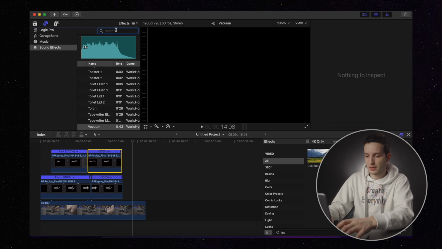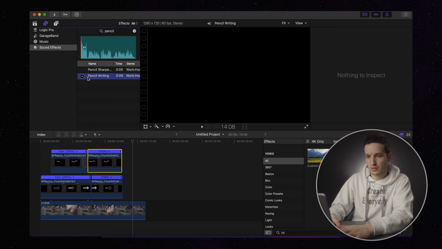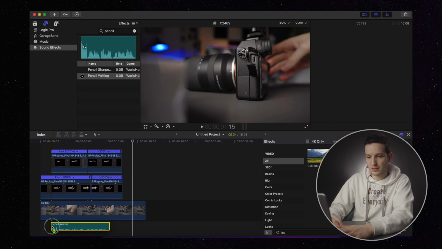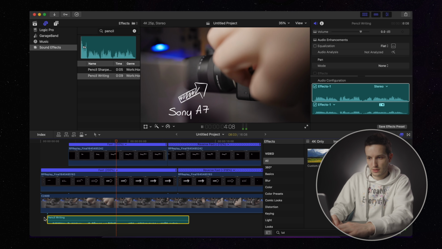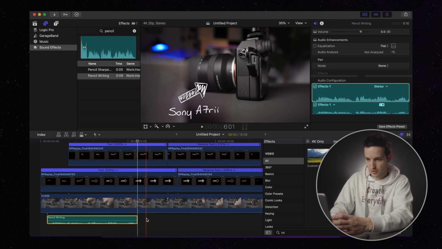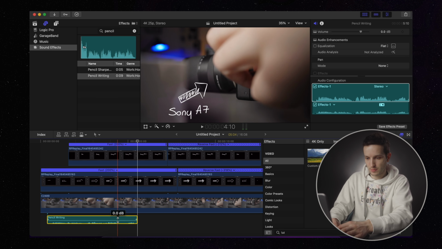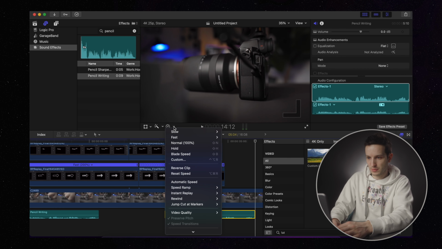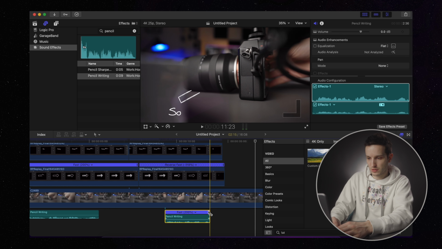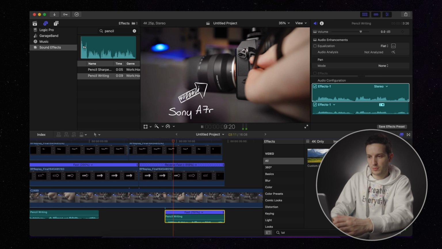And if you wanted to do something a little bit extra, maybe you wanted to add in some sound effects to make it look like this is actually being drawn. So we're going to go into sound effects and we're going to type in pencil and drag in this pencil writing sound effect. And then we will cut it just as the pencil stops drawing, and as it starts being rubbed away, we'll copy that sound effect again. We'll paste it there, and obviously this needs speeding up because we sped it up before, so we'll go to 2 times and finish it just at the end of those same clips. And as it's being rubbed away as well,